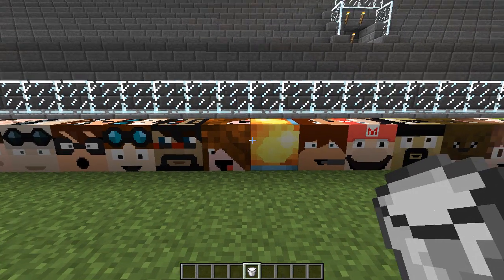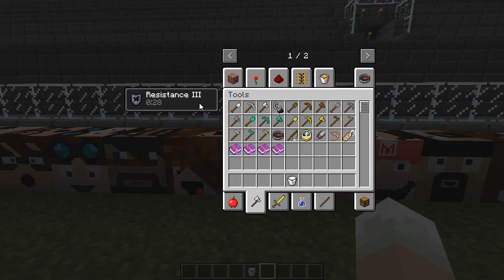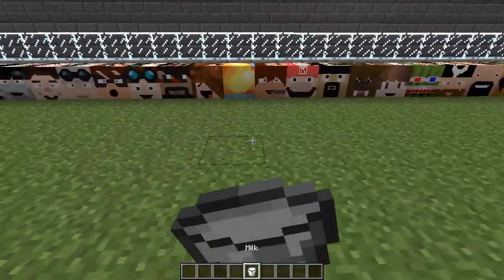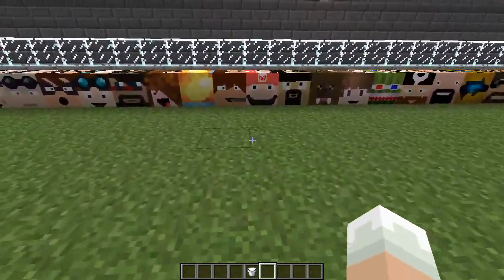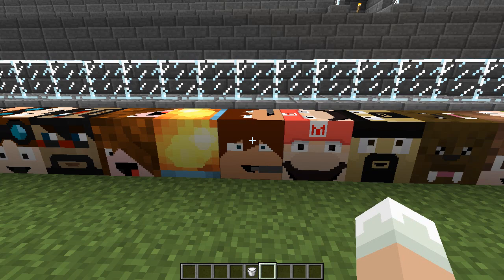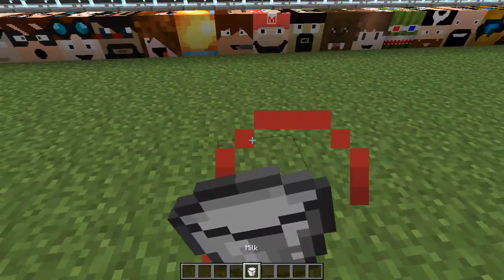So yeah, let's move on to Minecraft universe. You want to use a raw pork chop. So right click on him, you get resistance 3. So that's another good one. Let's move on to Video Maker guy. You want to use a diamond pickaxe. Right click on him, and you get strength 3. So another really good one,